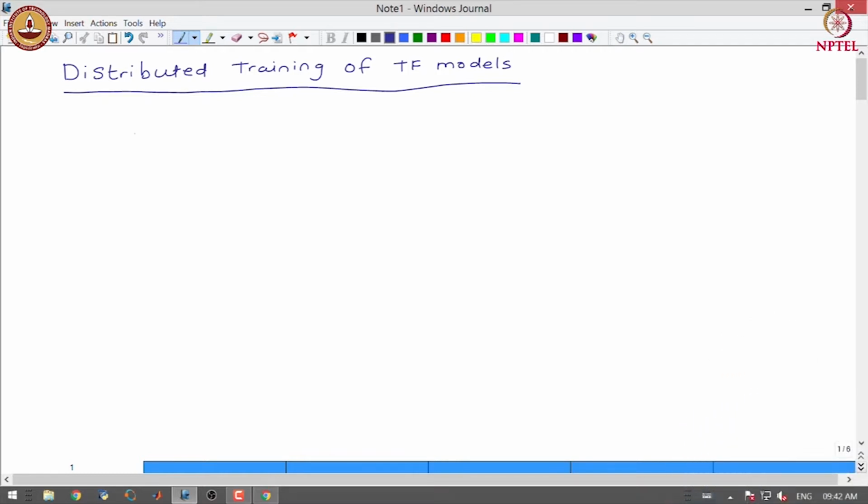So, we have a situation where we have a very large data set and a very complex model to train, and let us say we have a machine with multiple GPUs. If we do not do distributed training of the TensorFlow model, we will not be using all the resources that we have.